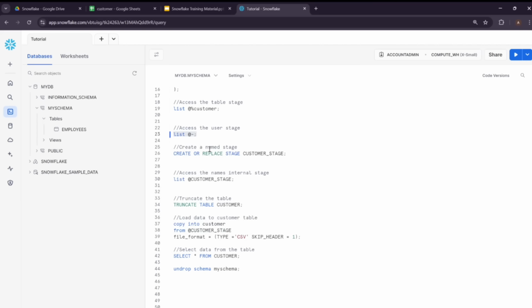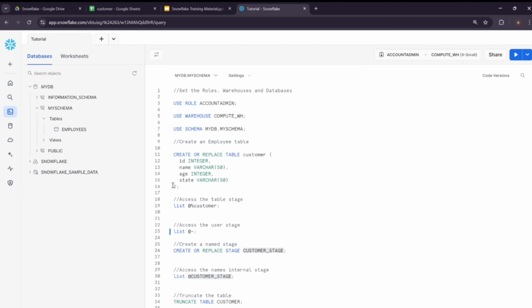Now let's talk about the named stage. In this particular video, we will talk about the internal named stage, and in the upcoming video, we'll talk about the external named stage, where we will create stages to access data at an external location, which could be an AWS S3 bucket. There are two ways we can create an internal named stage in Snowflake, one through the UI and one through a SQL statement. So now let's create one first through the UI,